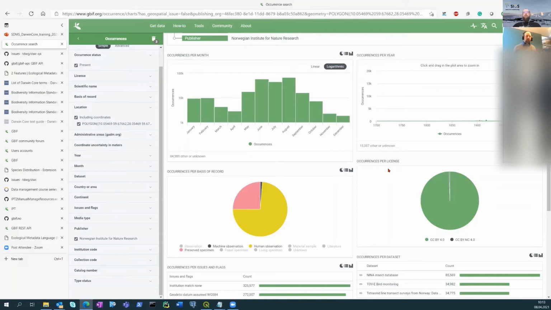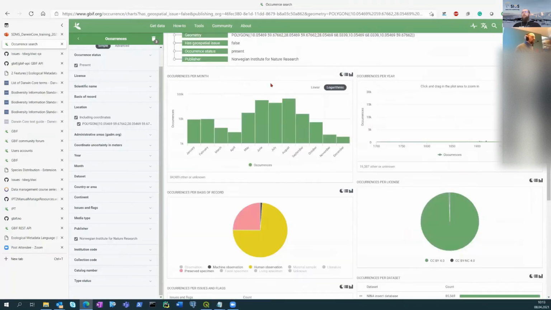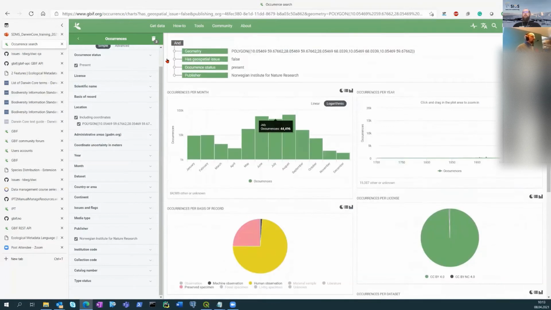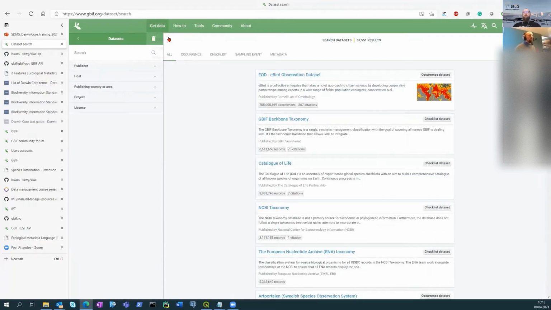And this will contain the number of records in your archive. And you can also see the data sets and download, for example, a specific data set here. So when you go to get data, you can select the data not visualized as occurrences, as we saw before,